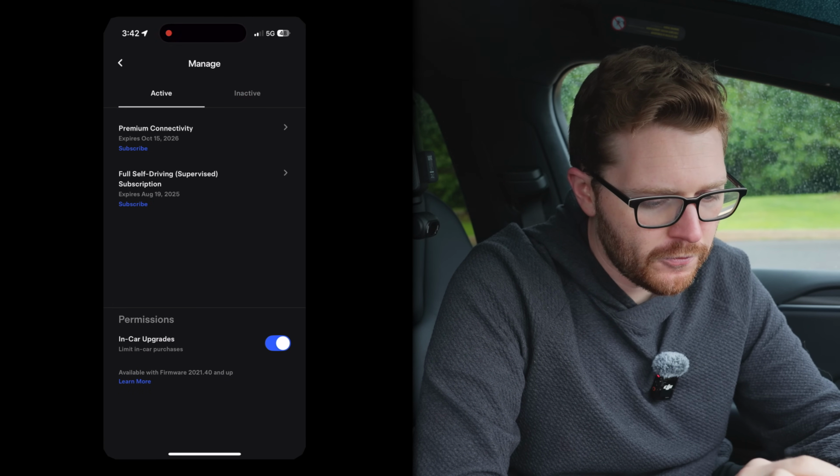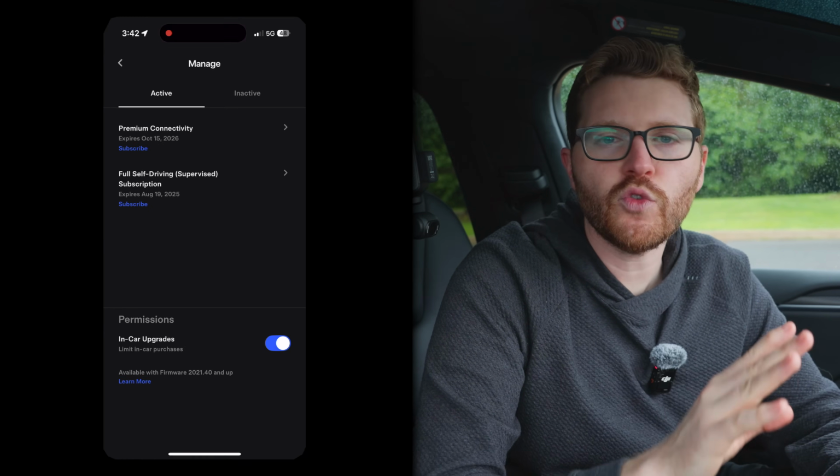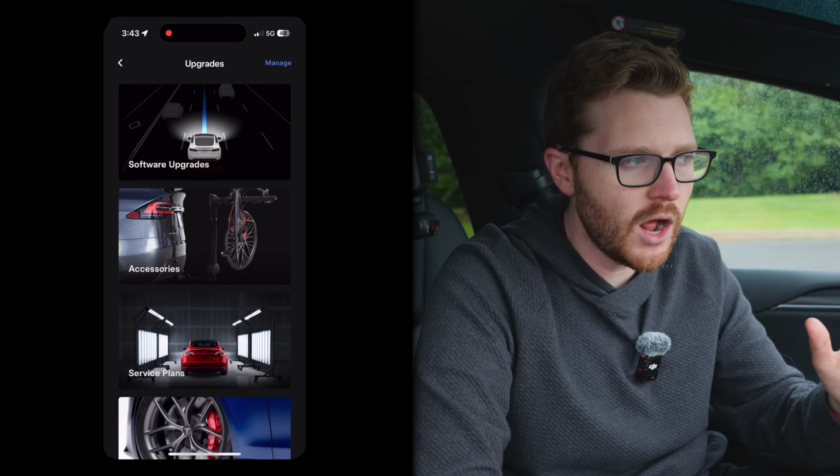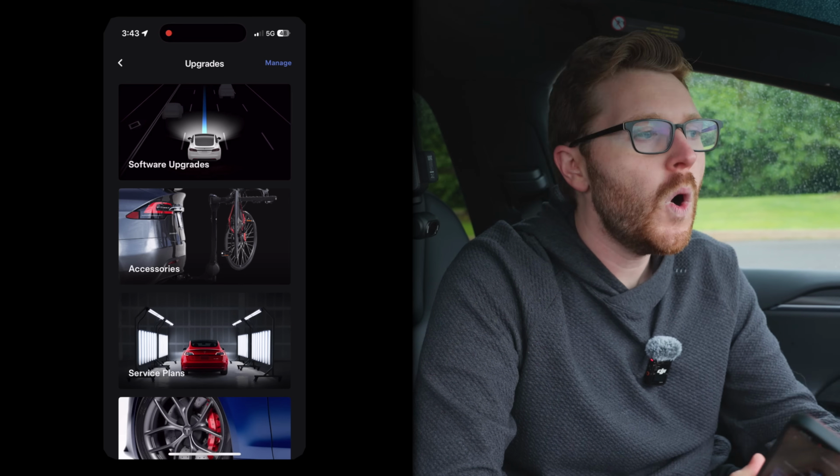Now, I have it for free because I used some Tesla referral credits, but what you can do is switch from a monthly plan to an annual plan, and then it's $100 a year. So it's $120 a year if you go $10 on a per month basis, or if you know you're going to use it every month, like most people probably will, if you switch to the yearly plan,